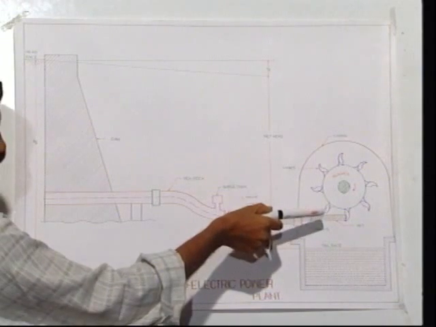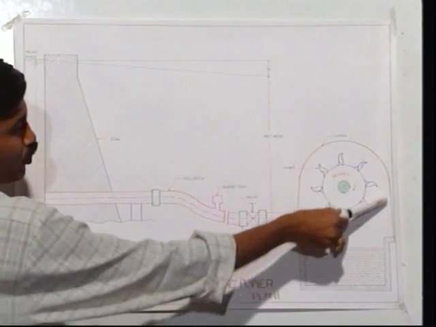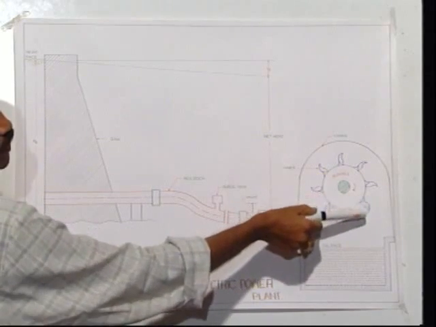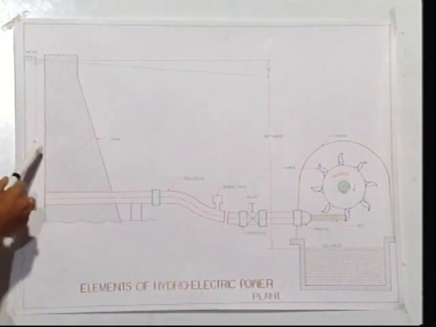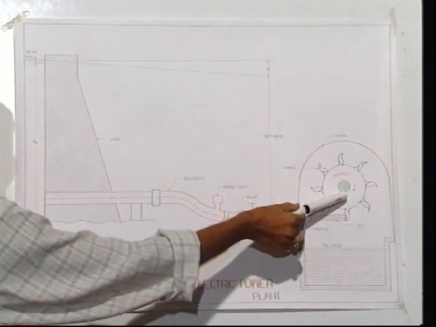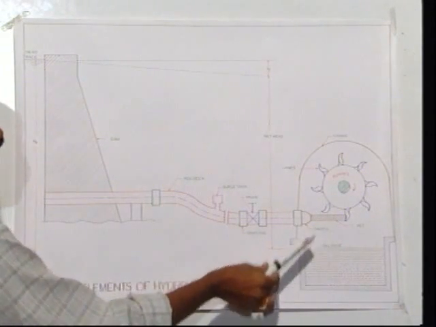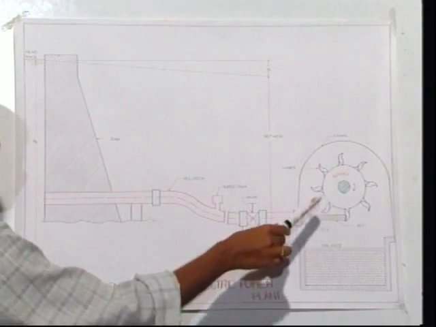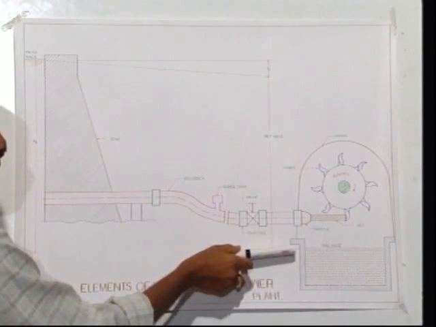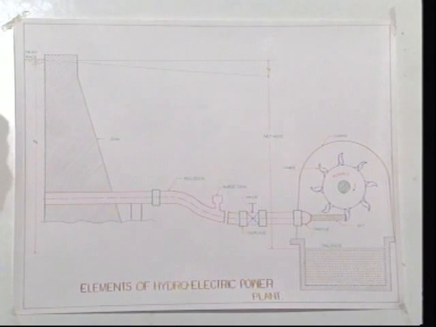This high kinetic energy water pushes the blades of the runner or turbine blades, so that the blade moves like this and the next blade occupies the place. Due to this force, it will move so that the runner rotates. Thus, the pressure energy of the fluid which is available here will be converted to kinetic energy of the runner, and after passing through the turbine, the water will be sent to a channel called the tail race. This is the level where the water that exits the turbine is sent. The level of the tail race from the datum line is called the tail race head, or simply the tail race.